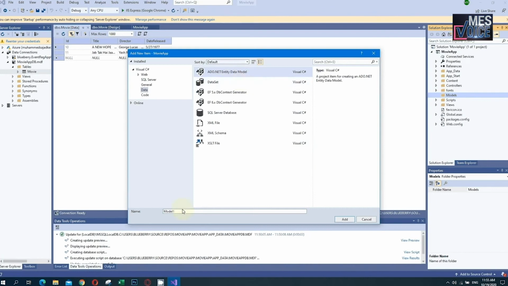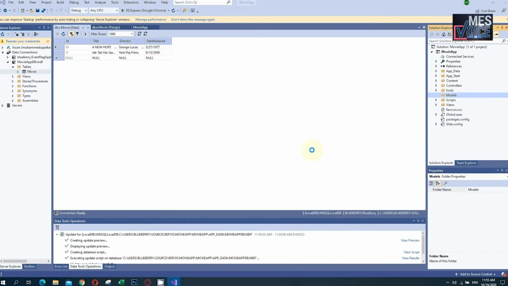We have to name it. I'll name it MovieDBModel.edmx, that is the extension of the entity data model, and I will click the Add button.